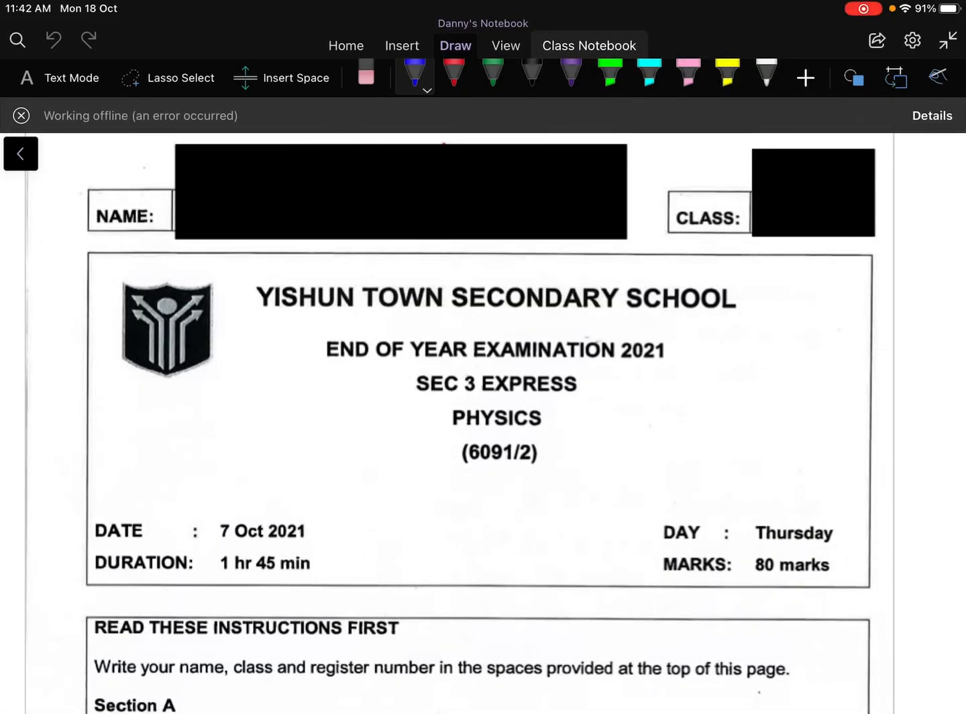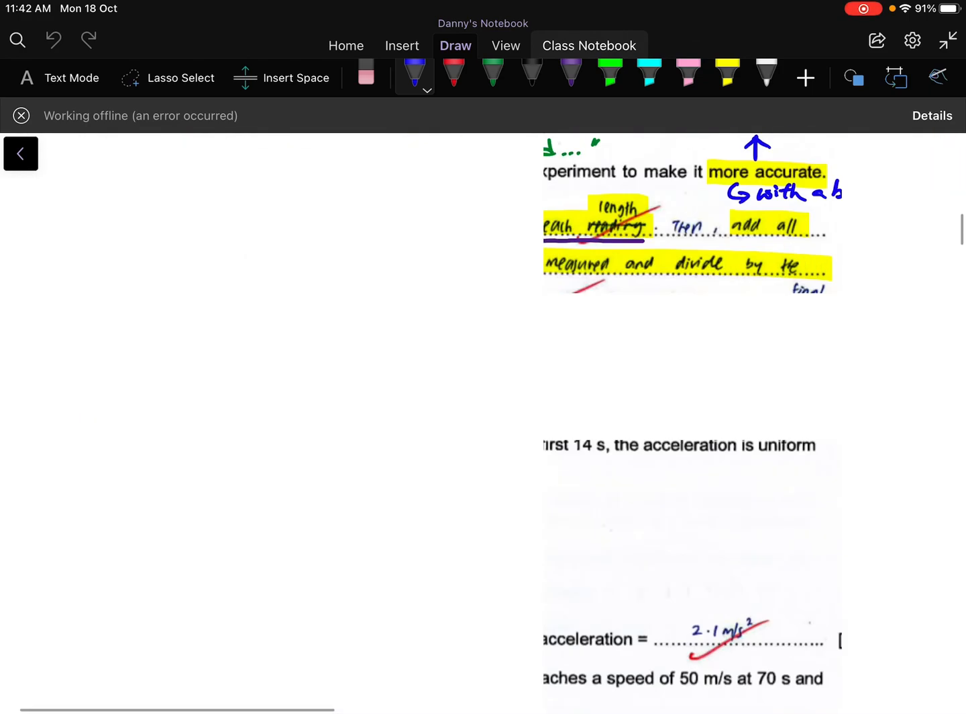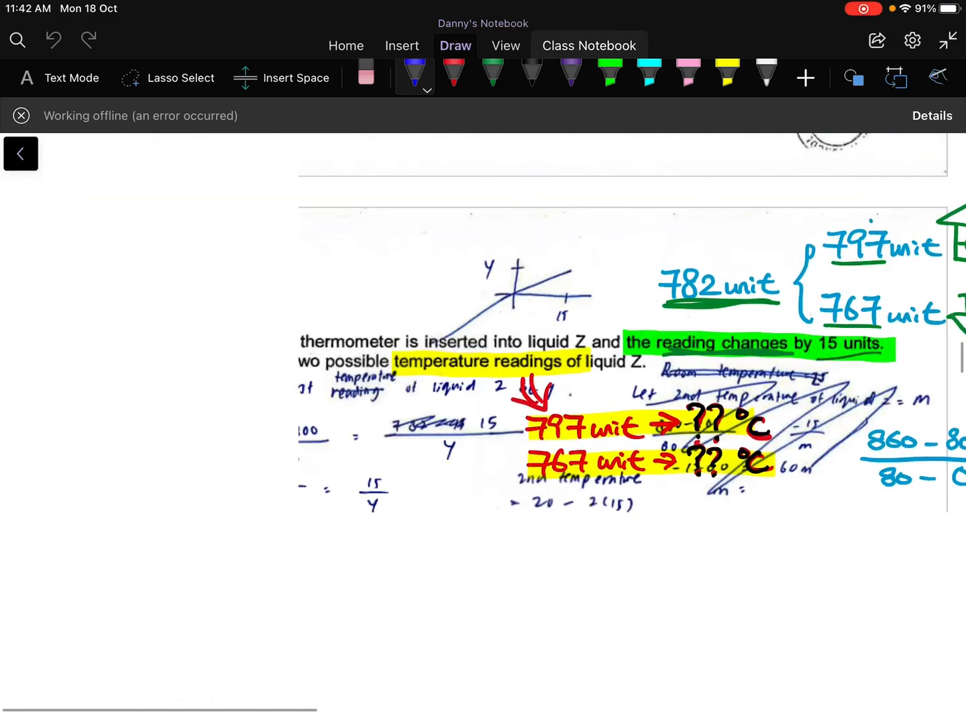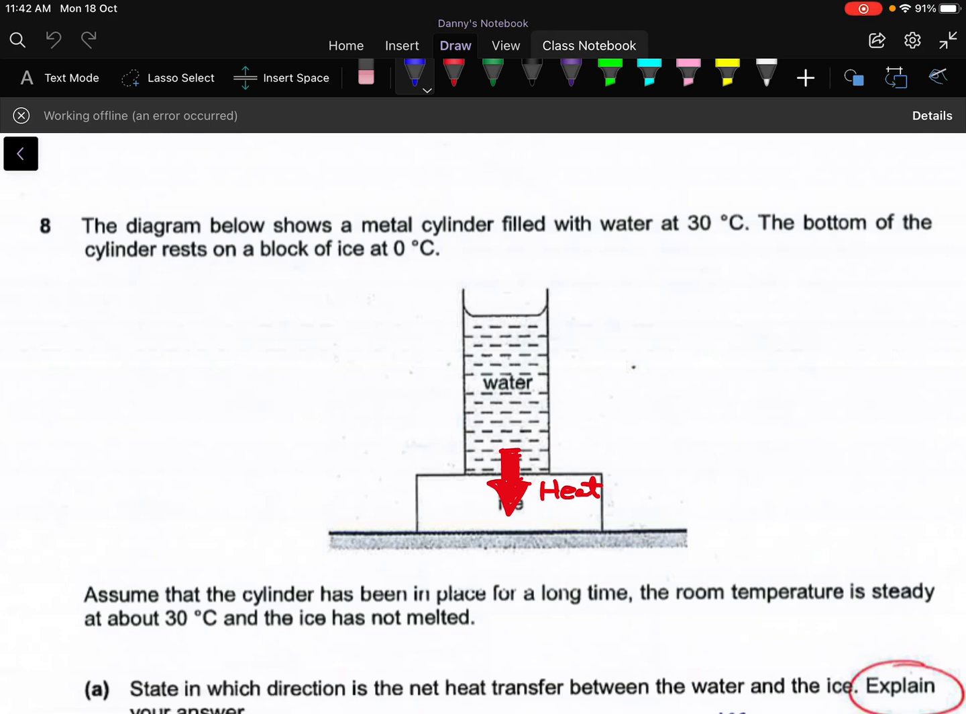Okay, in this video we will continue to go through the Set 3 end of year 2021 paper for pure physics. So in this video we will start with the heat transfer question 8. In this question you are given two bodies, the water cylinder and a piece of ice at the